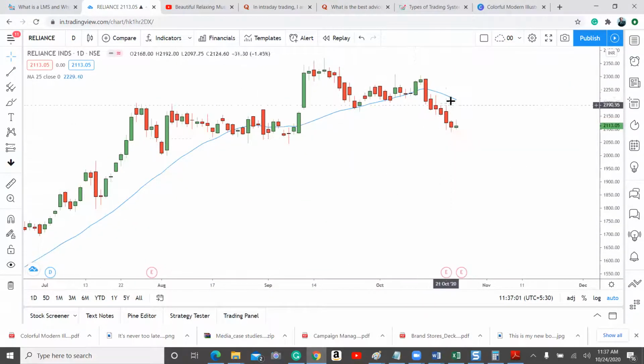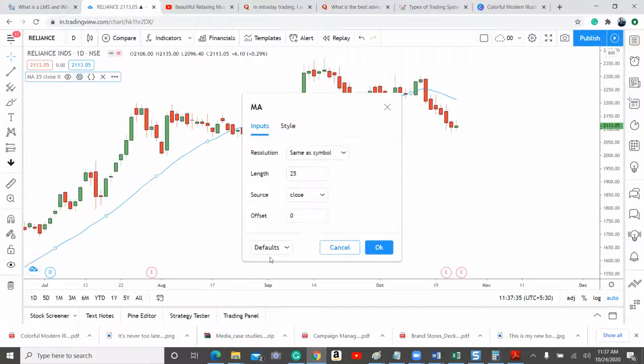For example, the value of the moving average on the last trading day is somewhere here, 2210. This is nothing but an average of the last 25 days' closing price. So if you take an average of the last 25 days' closing price from here, it comes to somewhere here. So this is how it plots like this. It requires the last 25 days of trading data to give this value. Similarly, it has plotted the moving average from the previous 25 days. So one can vary this from 9 to 25, or change it according to your wish.